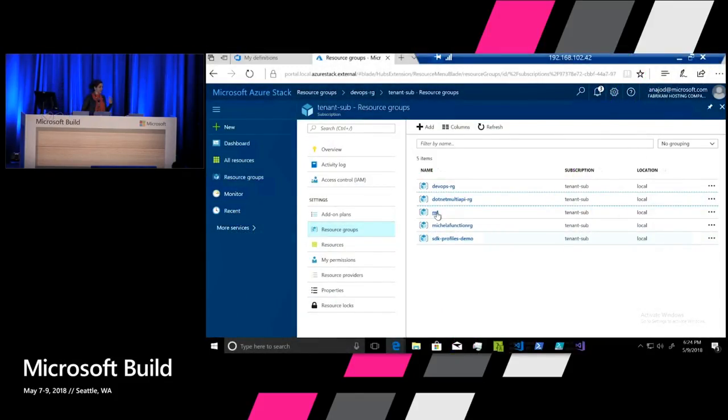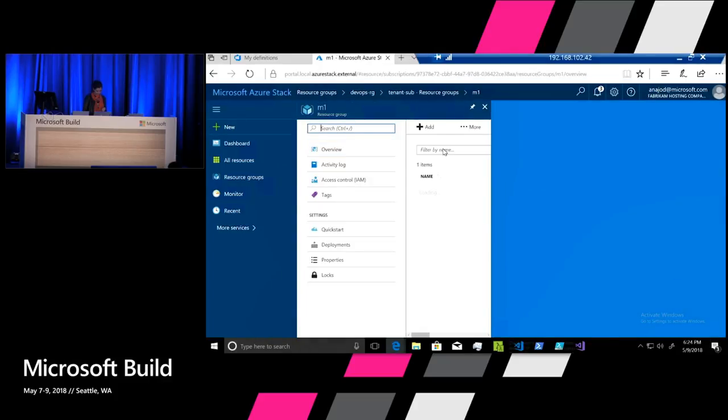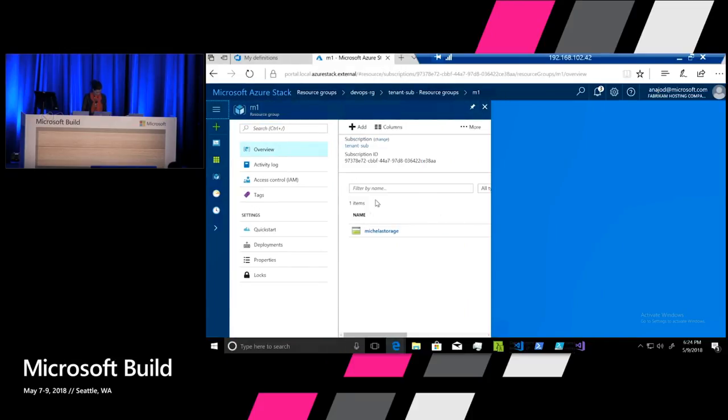Okay, I already deployed App Services. I created a storage account, and I linked the storage account to my function app. Now in the resources here that I created, I can see my storage account, but also